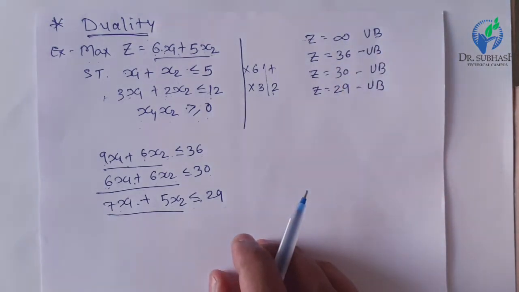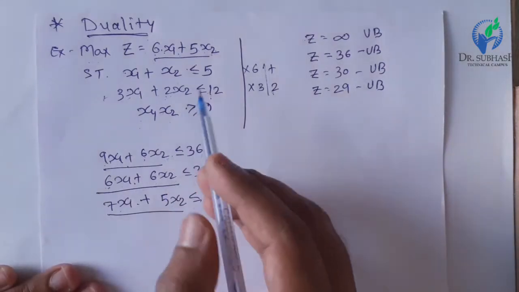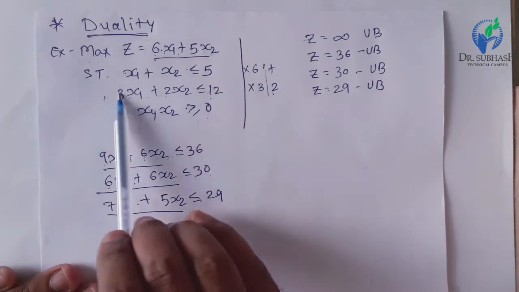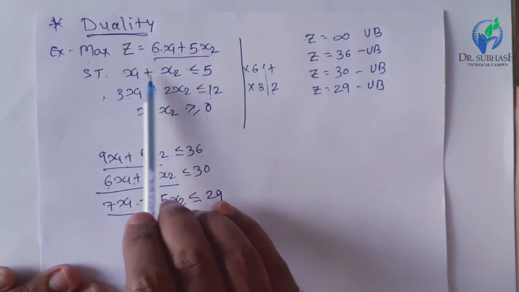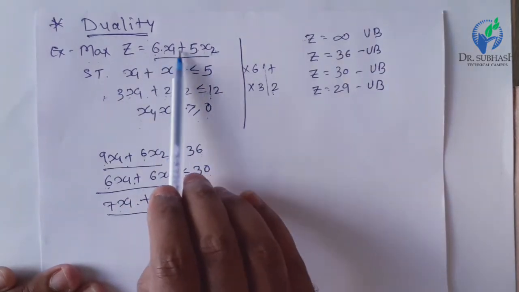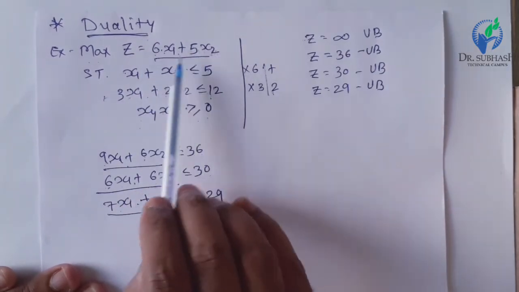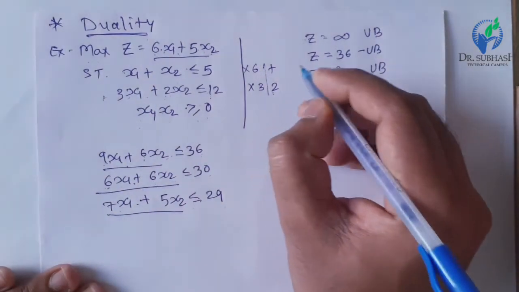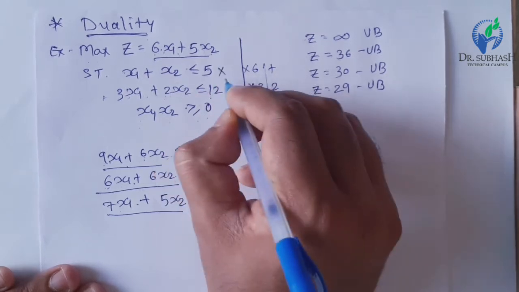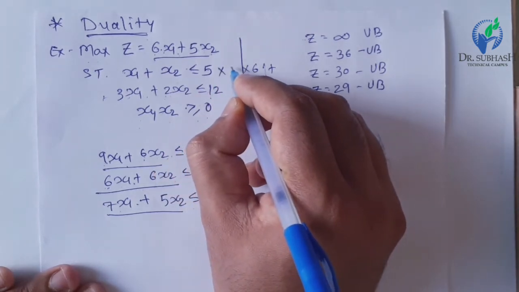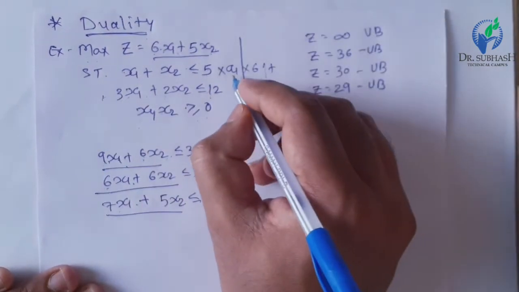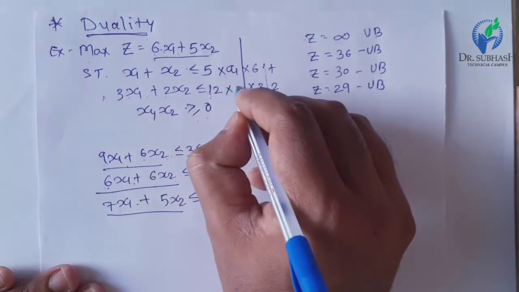So in this interpretation, we can say there are any multipliers that we can multiply with these constraints, and in the end we get a value that is the upper bound for this maximization case. Let us consider that we multiply constraint number 1 and constraint number 2 with coefficients which must be positive. We multiply constraint number 1 by a1 and constraint number 2 by a2.